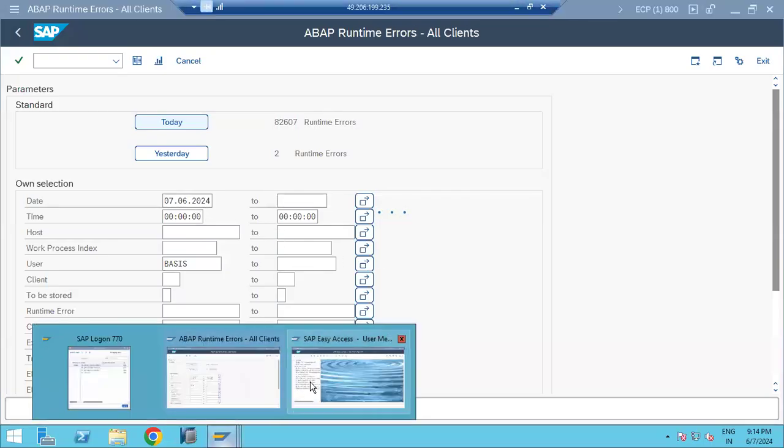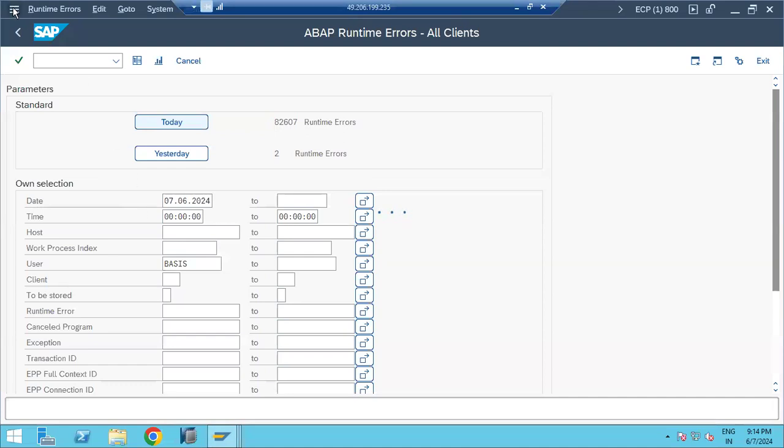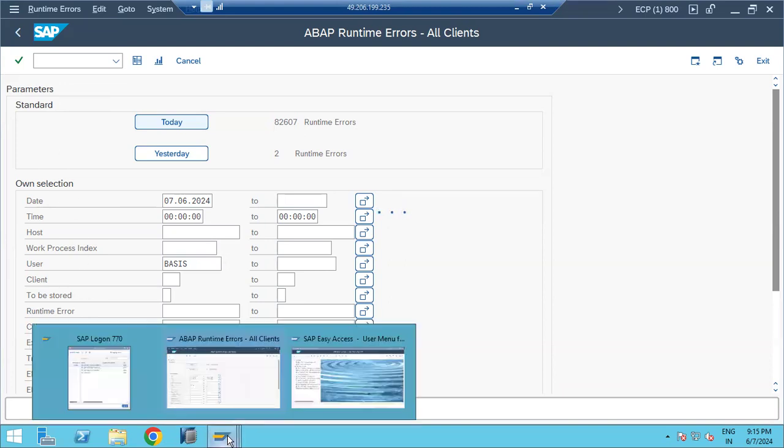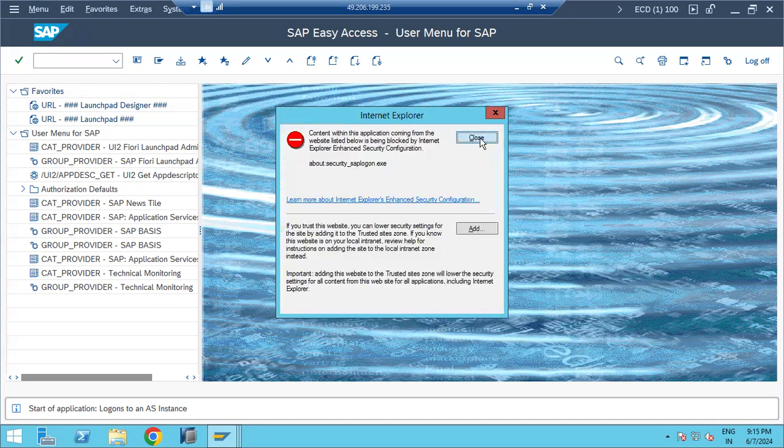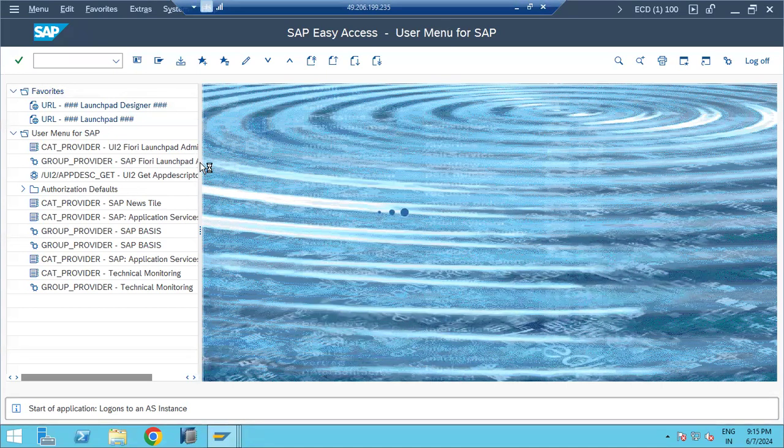Okay, Sir, in SM04, we have a number of different application servers, right? Which application server and which users are using it, how can we find that? That is displayed right here. If you go to SM04, here it clearly displays what the instance number is and what the SID is. So the SID is only one. So if you go here,